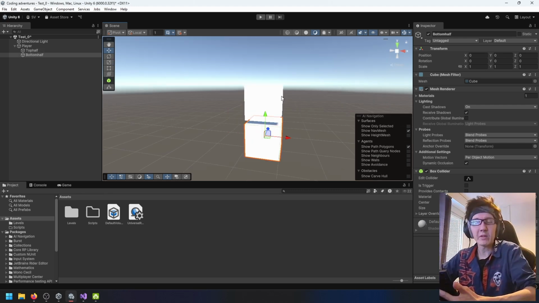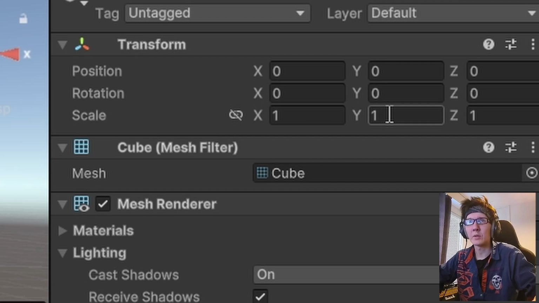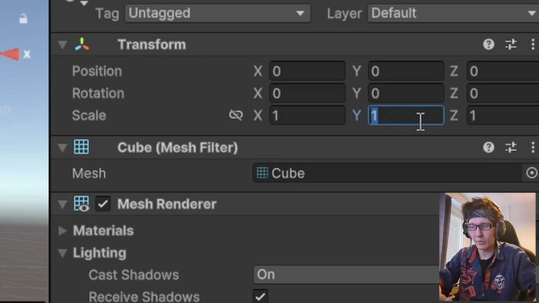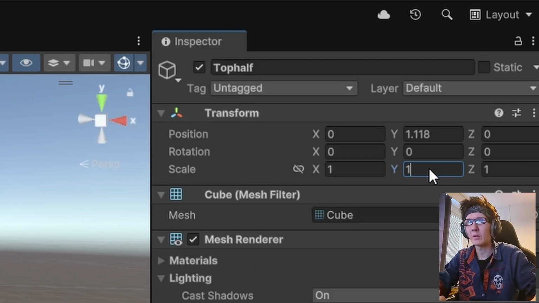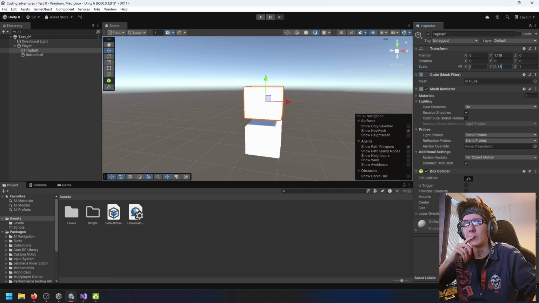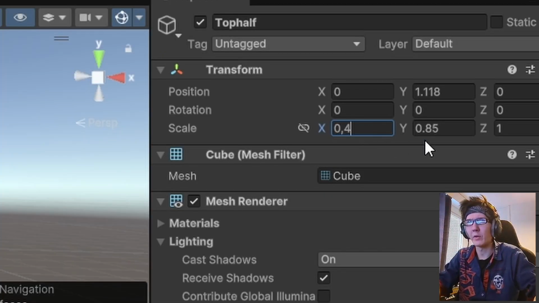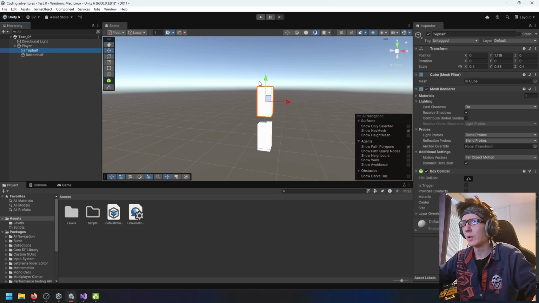So I need to adjust the height of this. Hold on. If average male height is probably something like 1.7, so 1.7 divided in 2 is 0.85. So that means this is gonna be 0.85. Same here, 0.85. Then I need to adjust the scale. Let's put it to 0.4, I don't know. To put it in place, I'm gonna zero out the top, and I'm just gonna move it up